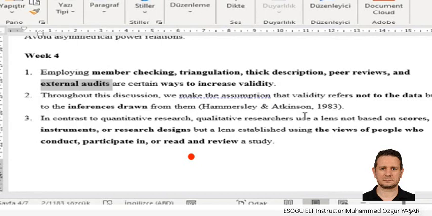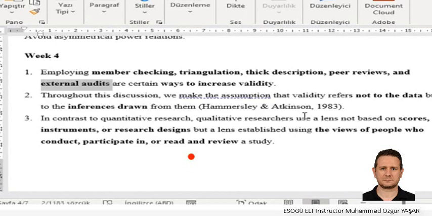So asking for an expert's opinion about the study is called external audit. You ask for the guidance of an external auditor to come and check whether your study is okay or not. So this is called external auditor.